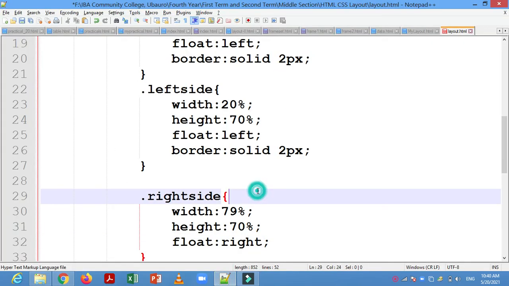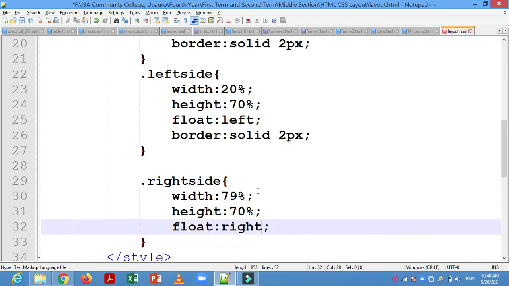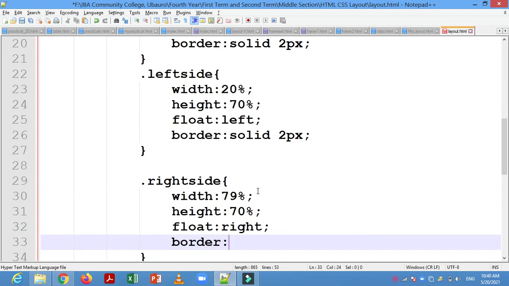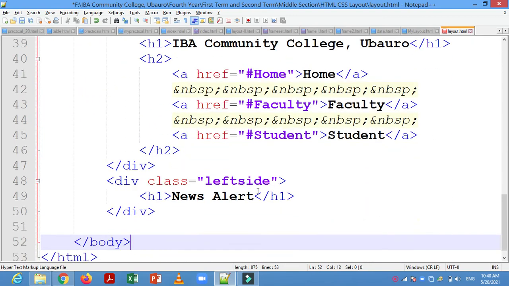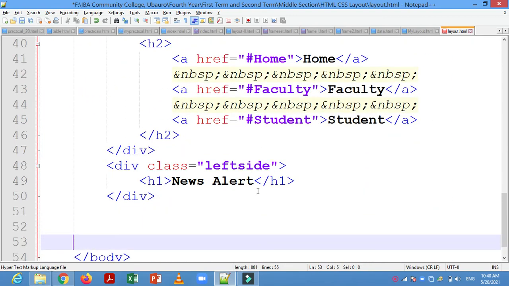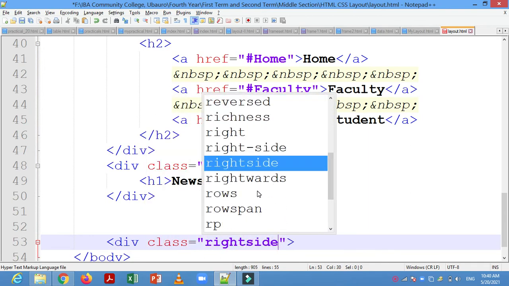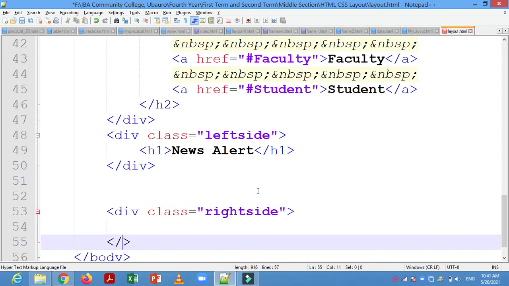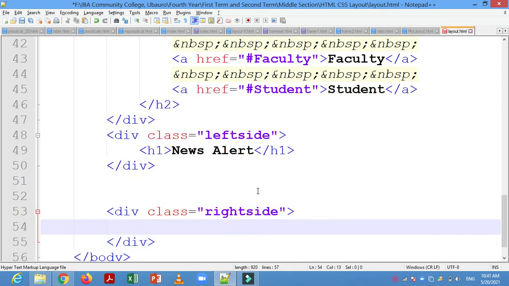So just save it, and then you have to write down border solid, okay, 2 pixels or 3 pixels, and here you have to write down div class is equal to right side, div close, okay. Here you can write anything, just like as introduction I have written in another layout.